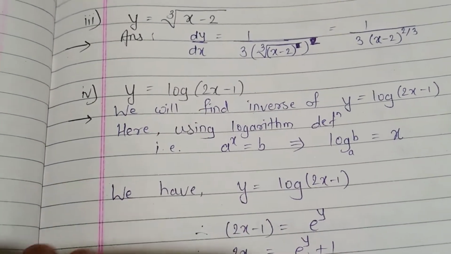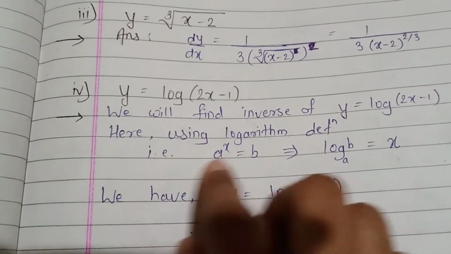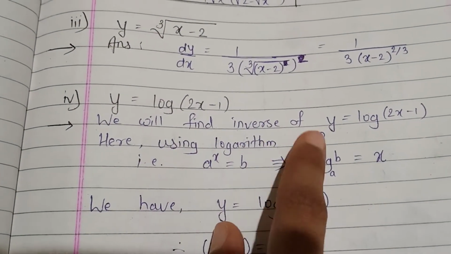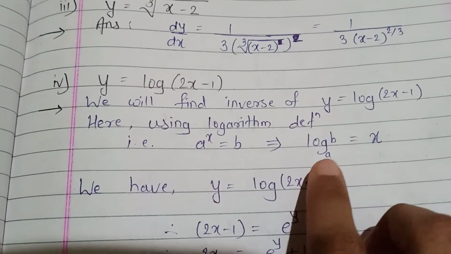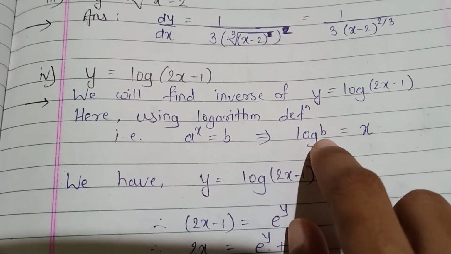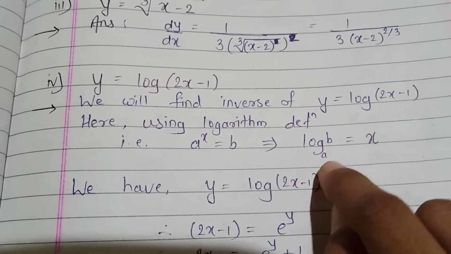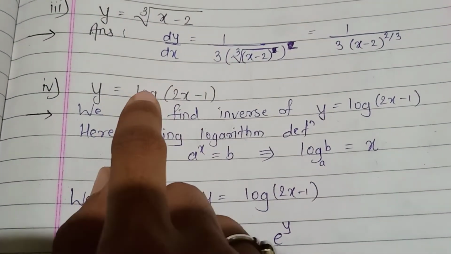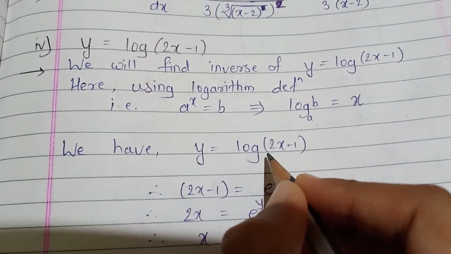So here also first we will find the inverse function, as we have been asked about that only. So how will we find the inverse function of log? For that we will use the logarithmic definition. What it tells is, if we see first this, because we have this format, right? So if it is of this form, to write the inverse function we used to write this base and raise it to this part. So a raised to x is equal to b, that is, b is equal to a raised to x. So using that, now here there is no base, which means it is always e.